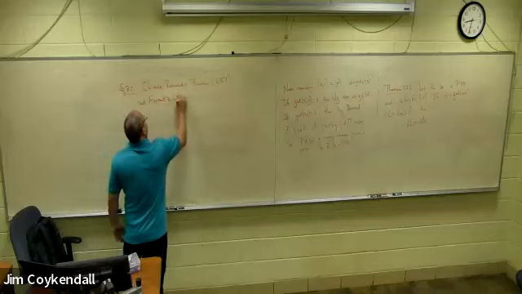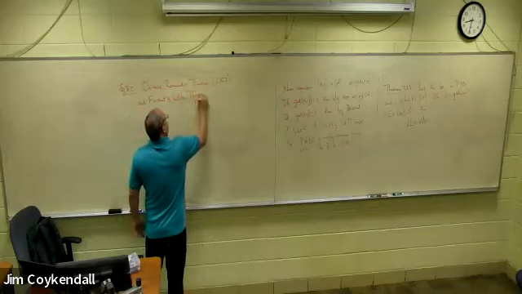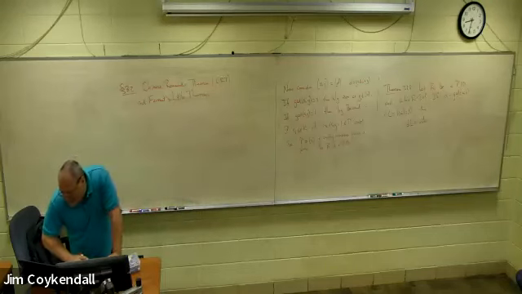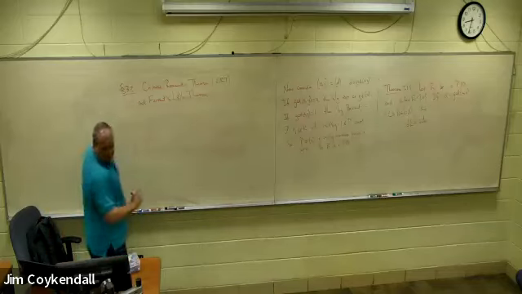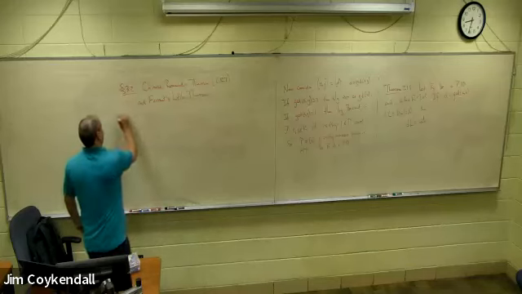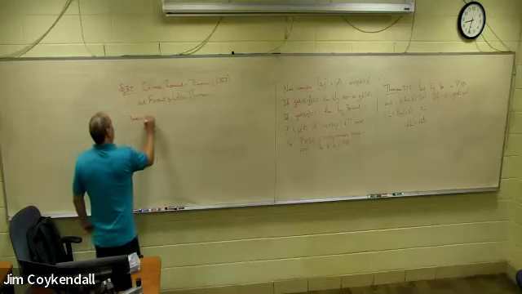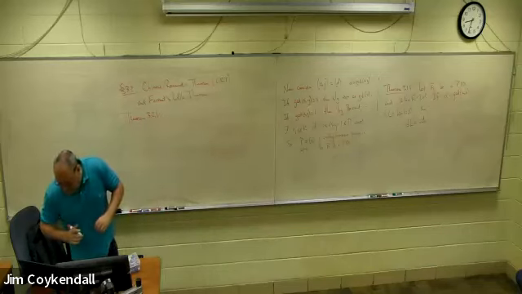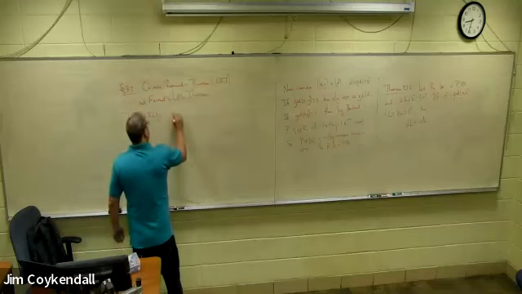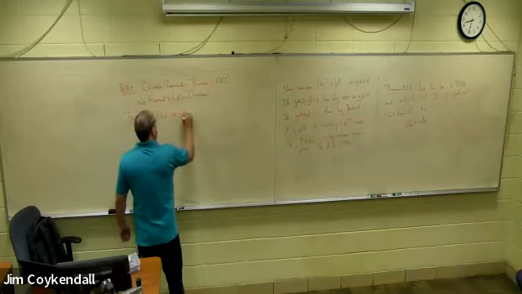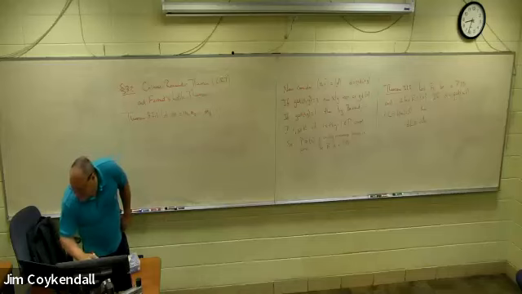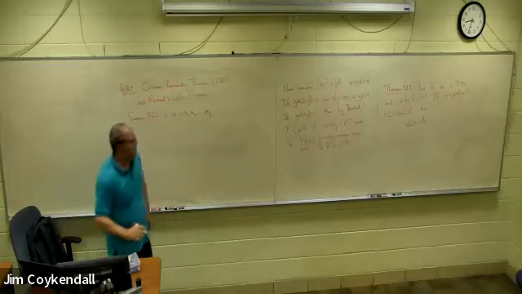Fermat's little theorem. So I'll start off with the Chinese remainder theorem. Let M equal M1 through MT, with gcd of MI, MJ